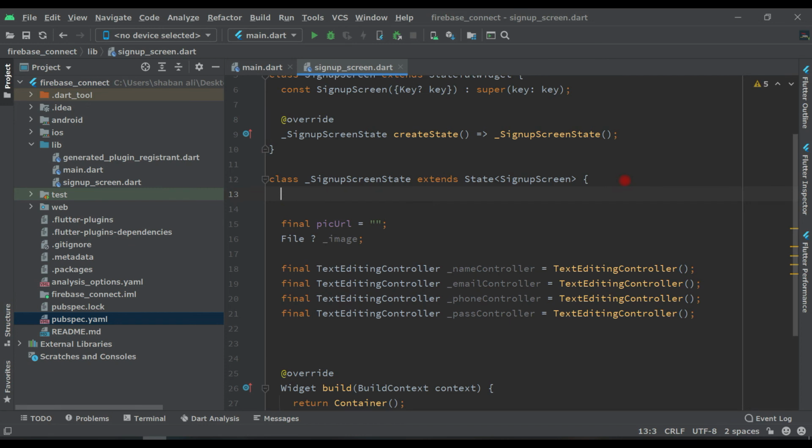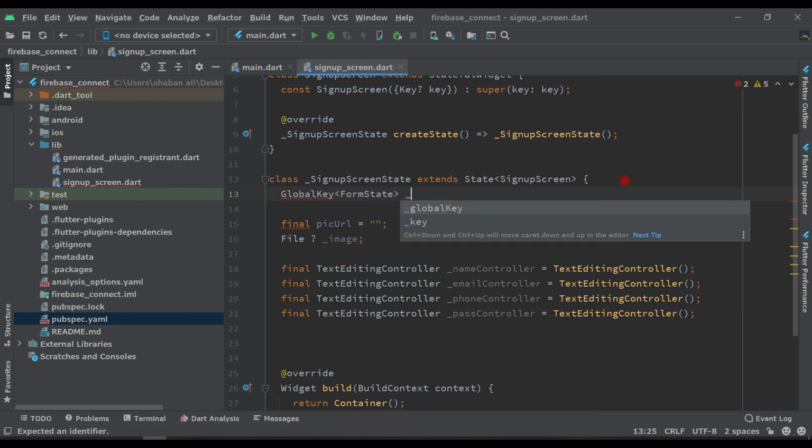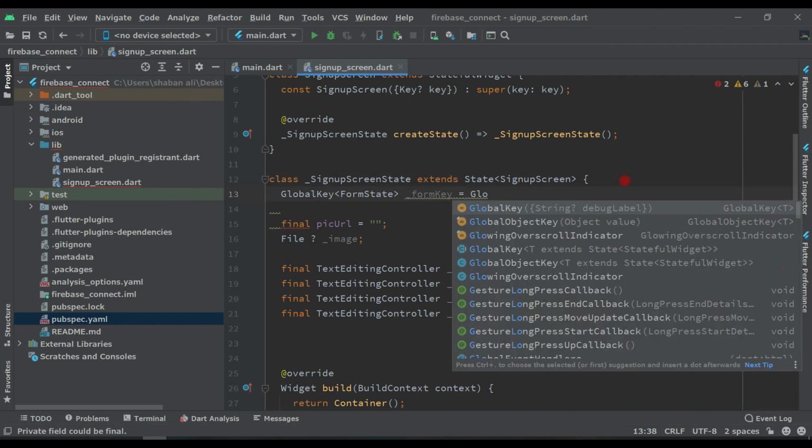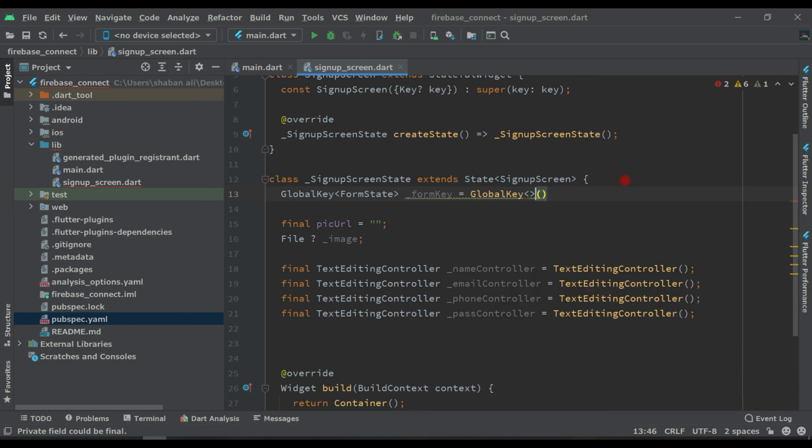So for that write here global key, and here write form state, write same as I'm writing here, and variable name will be form key, and it will be equals to global key, and write here form state like this, form state, and put semicolon, and before here make final like this.